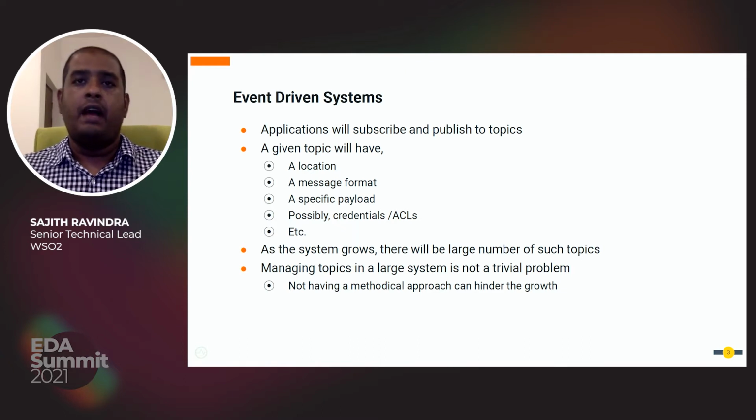After some point, firing emails, making phone calls, and maybe having a shared doc will not work anymore. It requires a well-defined, methodical approach, which uses well-defined industry standards and well-established processes so that everyone who is interested in the system and who is looking to connect to it can